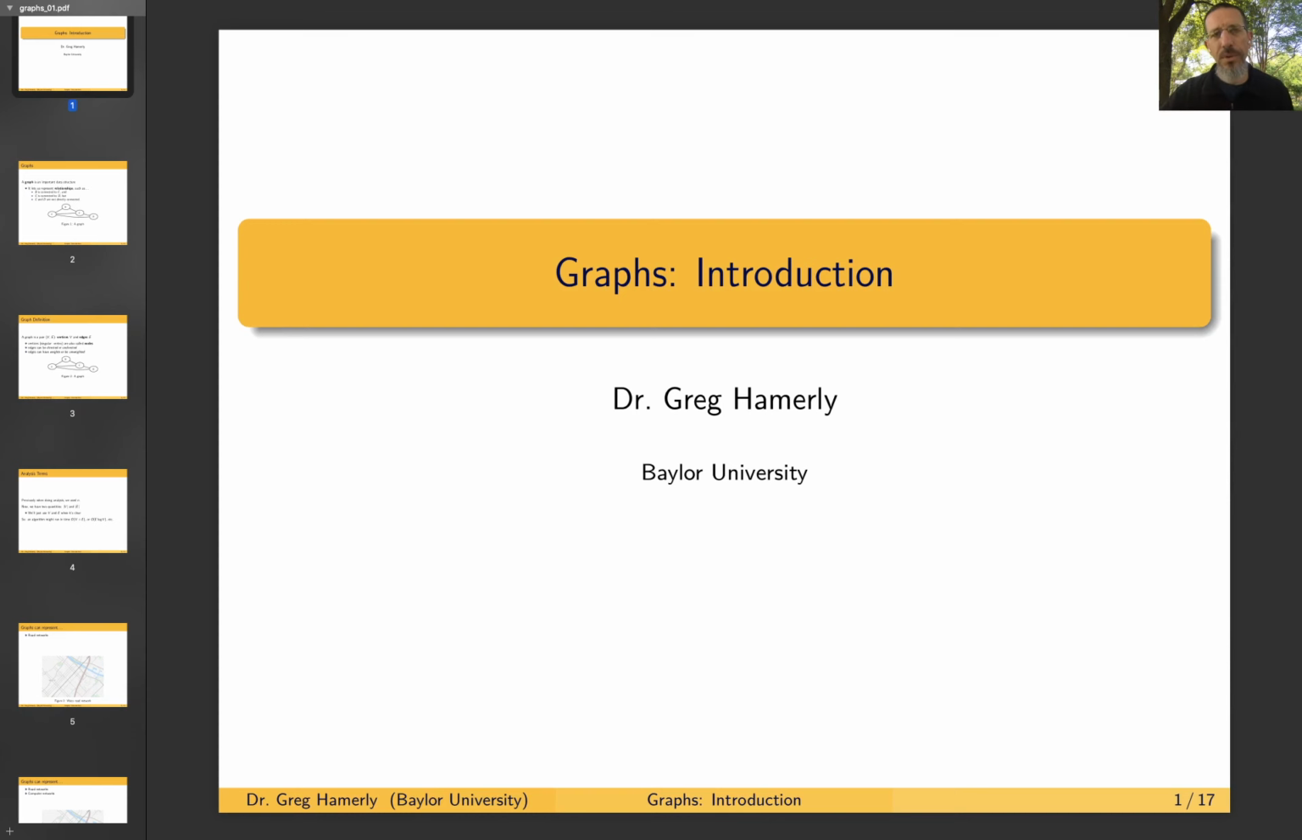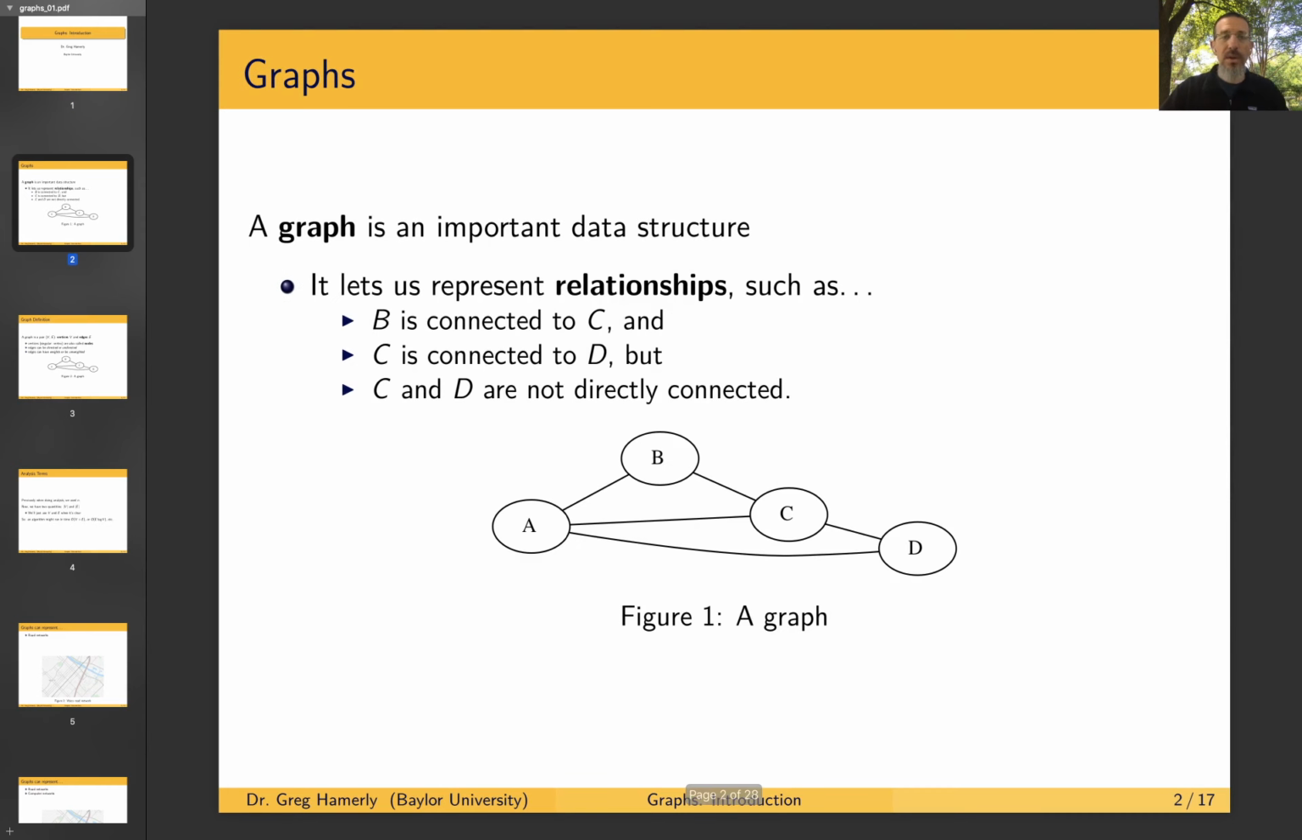Okay, welcome to today's lecture. We're going to introduce the concept of graphs. Graphs are really important data structures. They're used throughout computer science, and they allow us to represent relationships between objects in the real world or in